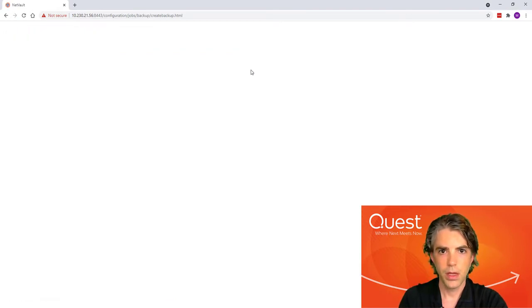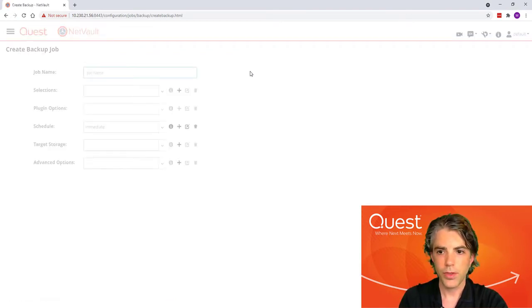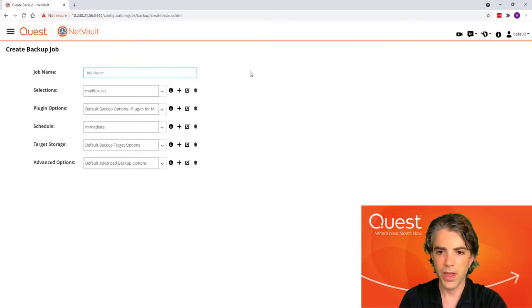Now, the way we create a backup for Microsoft 365 in NetVault is the same way that we'd create backup jobs for all of the other types of data that NetVault's able to protect. From VMware virtual machines to Nutanix AHV to SAP HANA or Oracle datasets. The way that you protect things in NetVault has a very similar kind of workflow, which enables you to expand your data protection across your whole environment with the same processes and the same workflows.